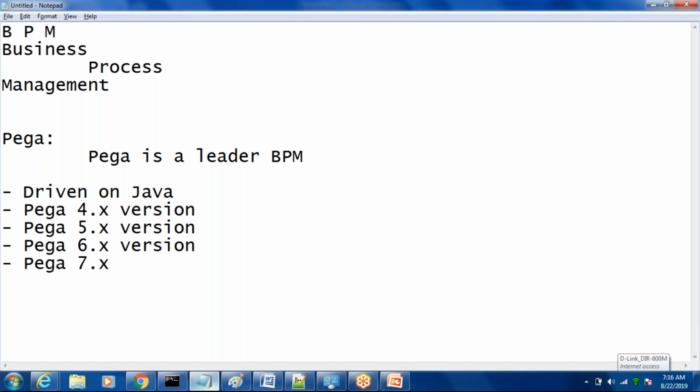And later on, the Pega 7.x version was introduced in 2012. From Pega 7.x onwards, there was a drastic improvement in the applications and in client usage. There were a lot of clients on Pega 7.x, and they were very much impressed with the 7.x features. Okay, so one is browser compatibility.